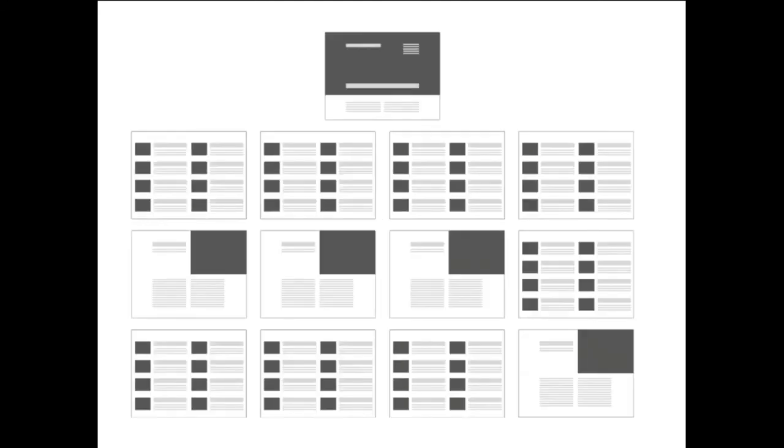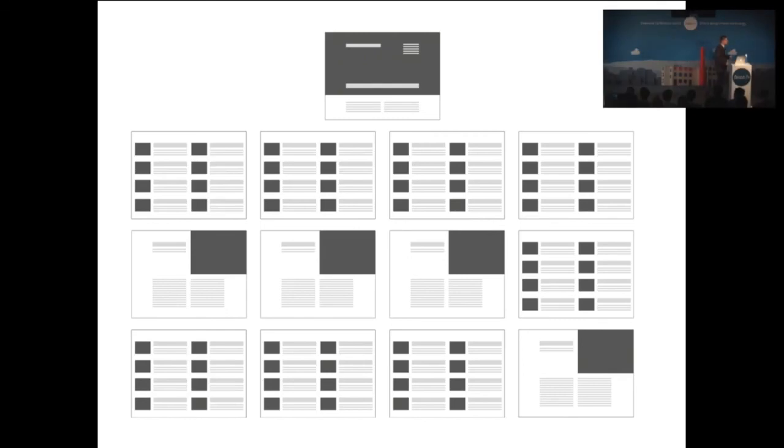Art director Alexei Brodovich compared his spreads for Harper's Bazaar magazine to film sequences. And what he used to do is he used to lay the spreads out on the floor and then shuffle them until he got the best order. It's called a flat plan in magazine design.